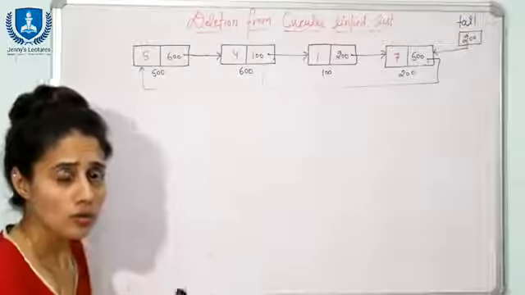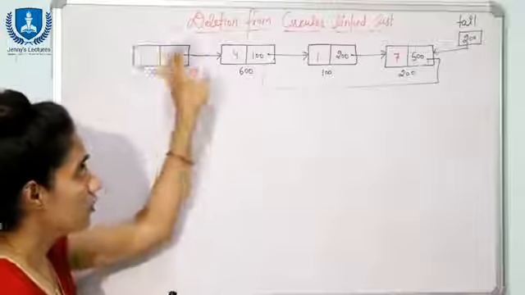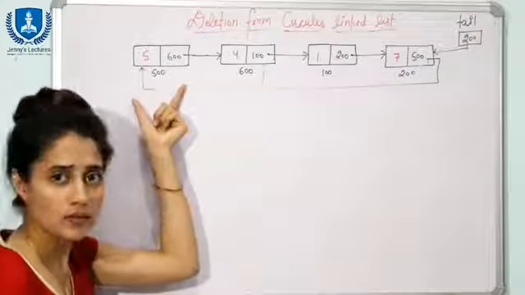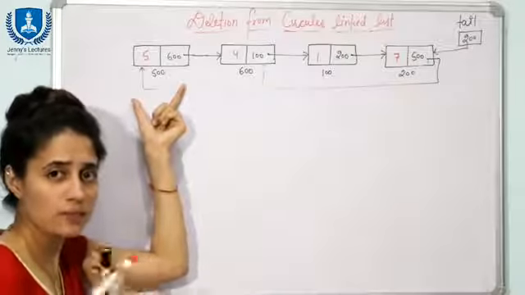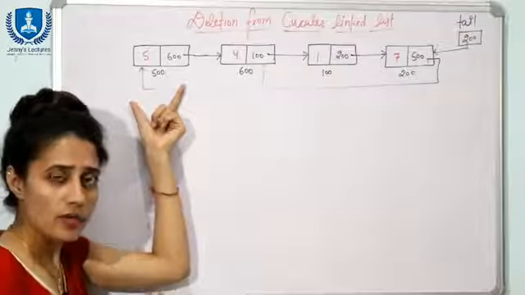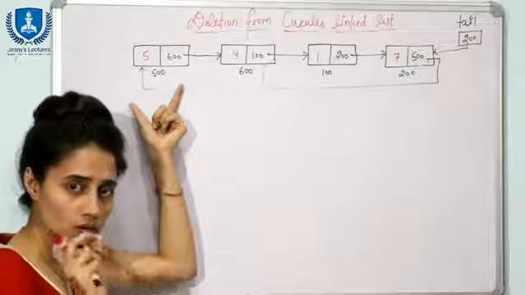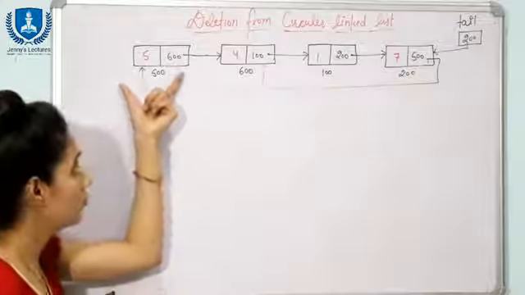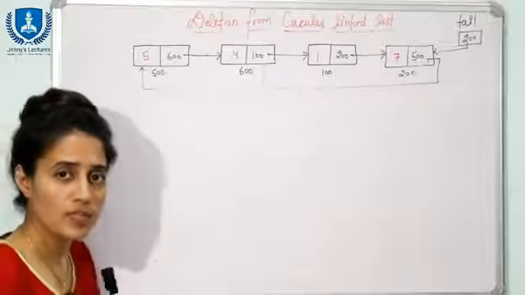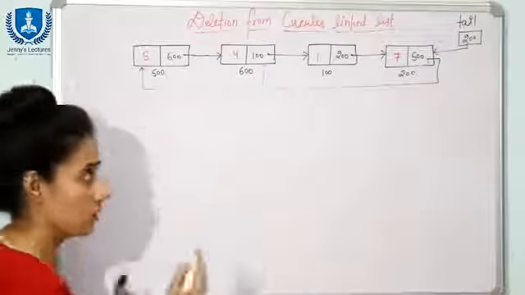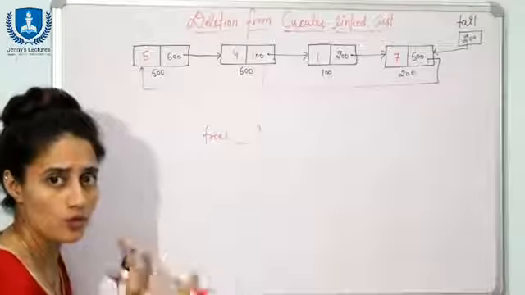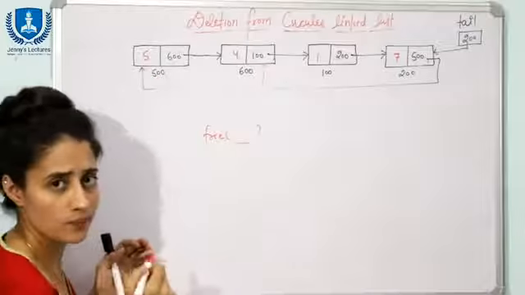Now this is not done, although we have detached this node from the list, right? But you have to free this memory. It is still having some memory, memory is still allocated to this node, and we cannot leave it like this, because memory is a very crucial resource in our system. So you have to free this memory, you have to clean this garbage, right? So how you can free that memory? In C we are using what? Free function, right? And in free function we are going to pass what? Which memory you want to free, the address of that memory, that is 500, right?